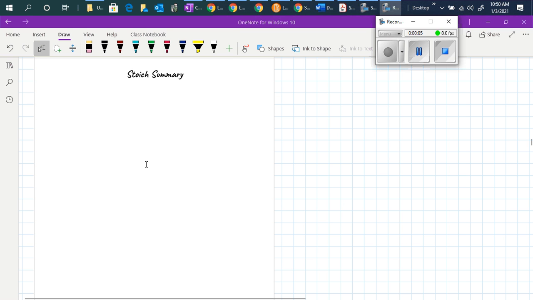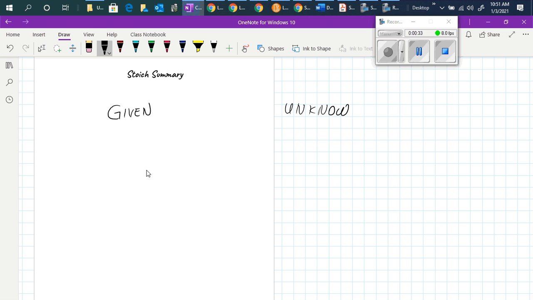So this is the last part of the lesson, in which we are going over a summary, a stoichiometry summary. So always you will have some given and some that they are asking for, which are unknown. Okay, now the given may be in terms of grams, maybe in terms of the concentration, so molarity,